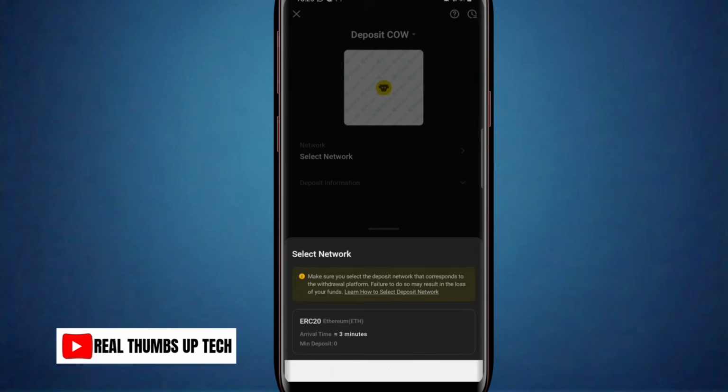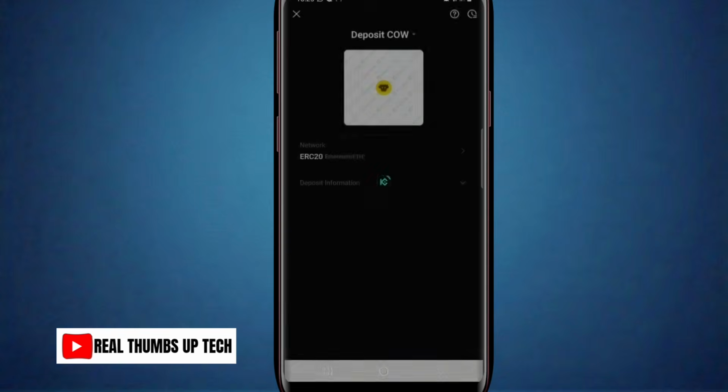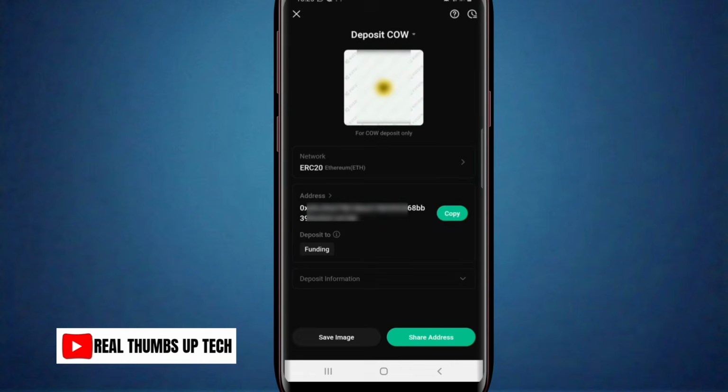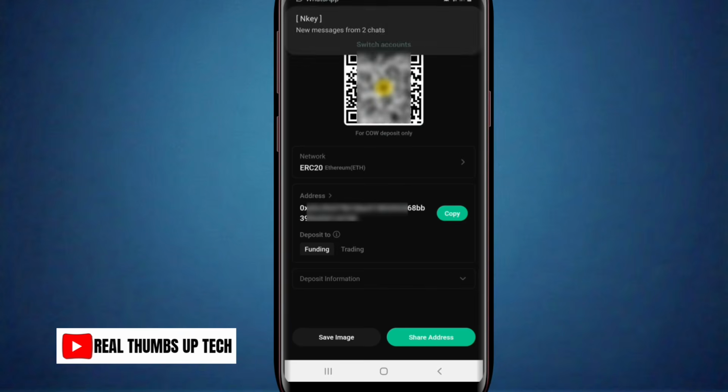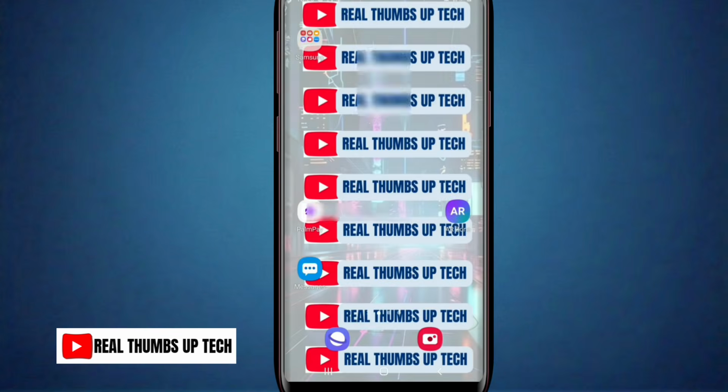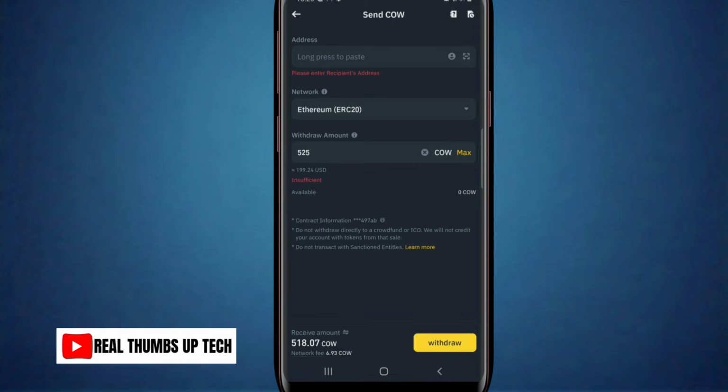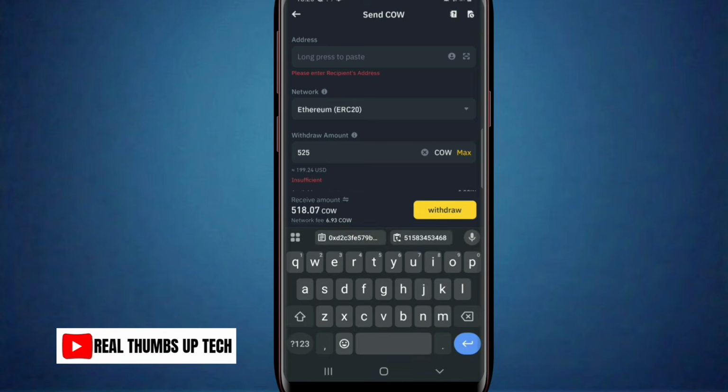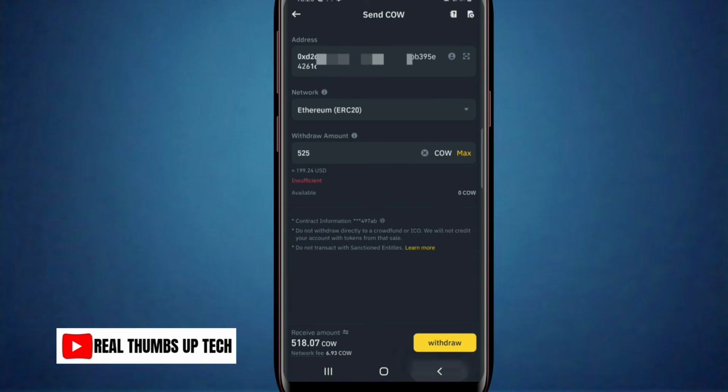All right, so they are also using ERC20. This is perfect. That means it is the same network. Okay, you tap on it. So they will bring out your address for you. You copy it by tapping on this copy here. Once you copy it, you now go over to Binance and paste that network address. Once you are done with that, you see that we'll be receiving around